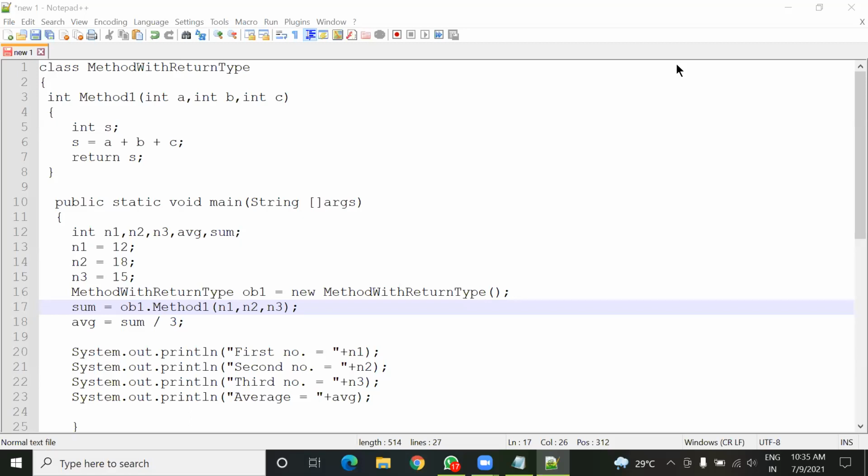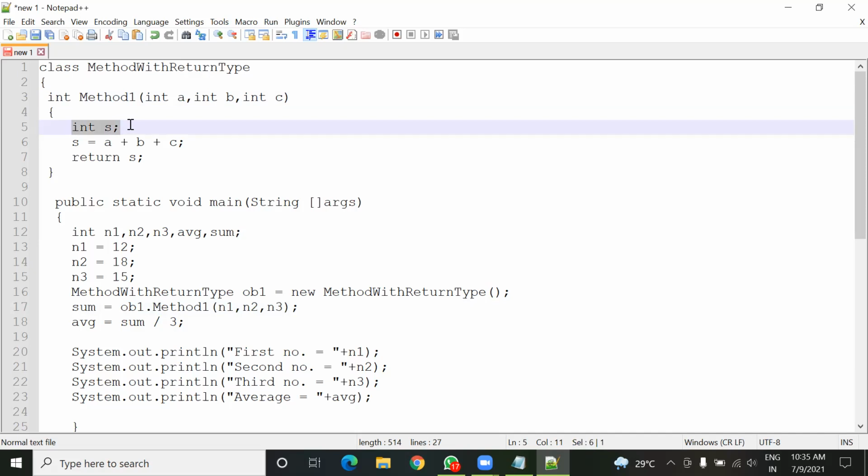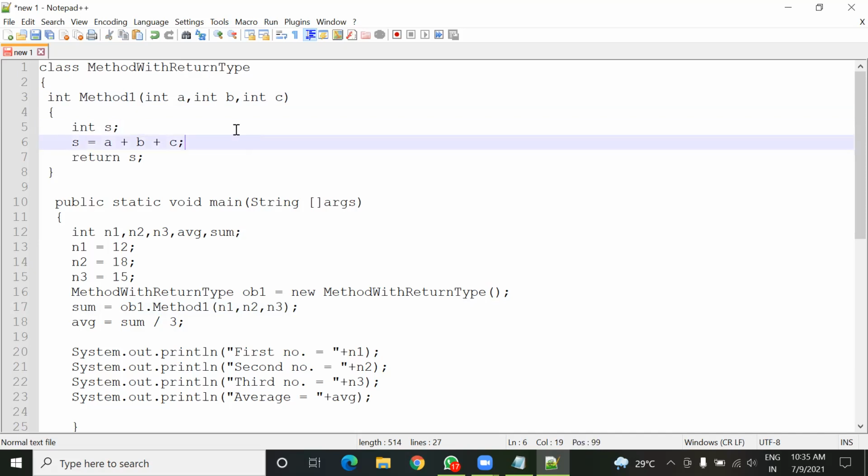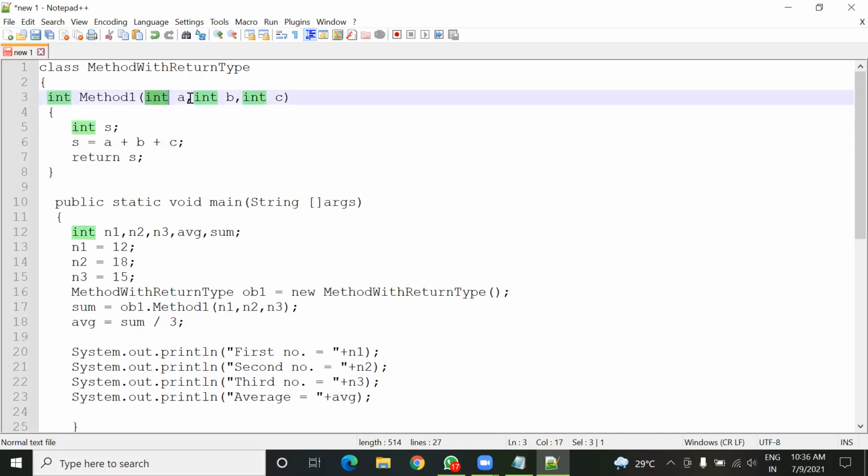Sir, what is the use of integer under method 1? This integer, sir, the next one. Yes. Okay, so listen. N1, N2, and N3, these 3 values are copied inside these 3 variables A, B, C. The requirement of this method is that I have made this method to find the sum of these 3 values.